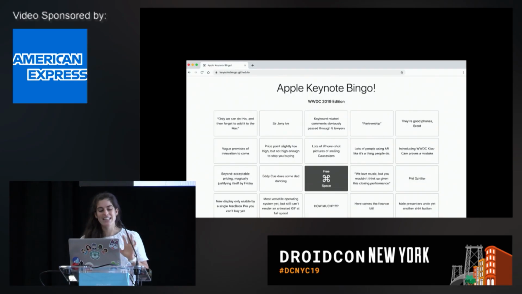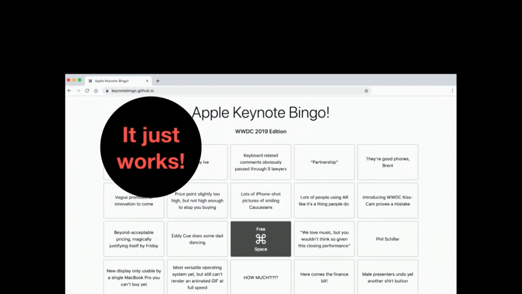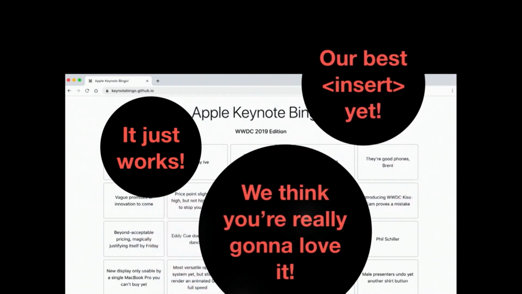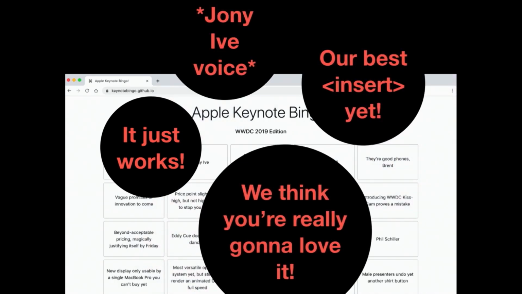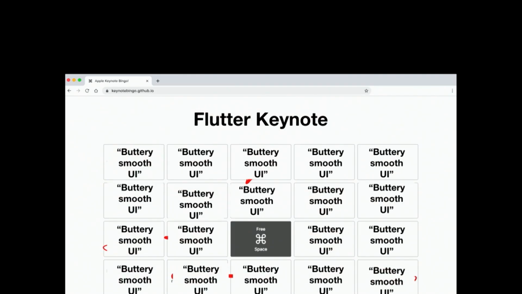And if I said anything, I don't know if you guys follow WWDC or anything that happens in the Apple world, but every year for WWDC they have this keynote bingo, and you can do bingo because they just have these really repetitive phrases, like anything with a Johnny Ive voiceover every single year. And if I had to do this for Flutter, you could get rid of all of that and just replace it with a single phrase, which is like, this would be Flutter keynote bingo.